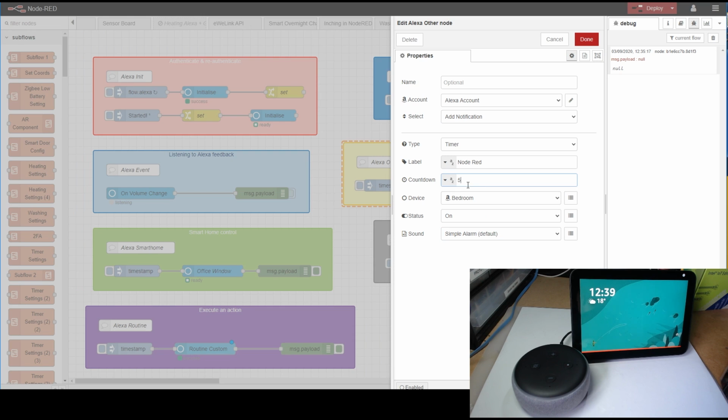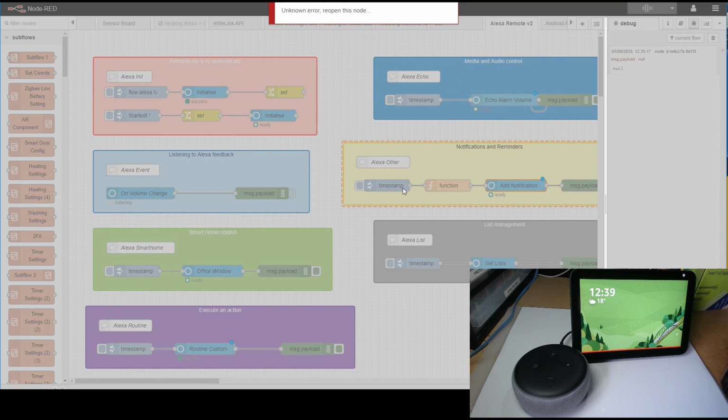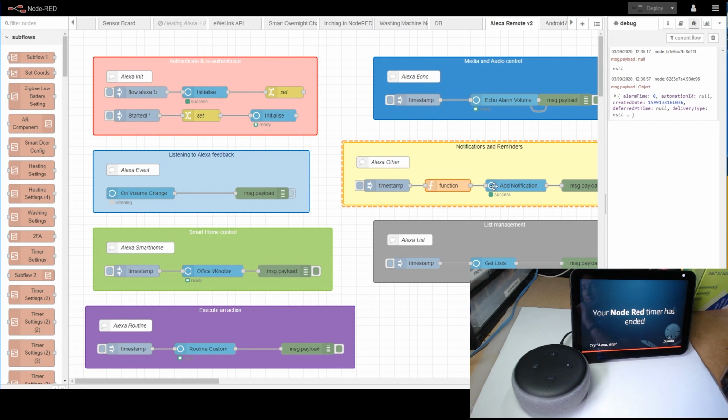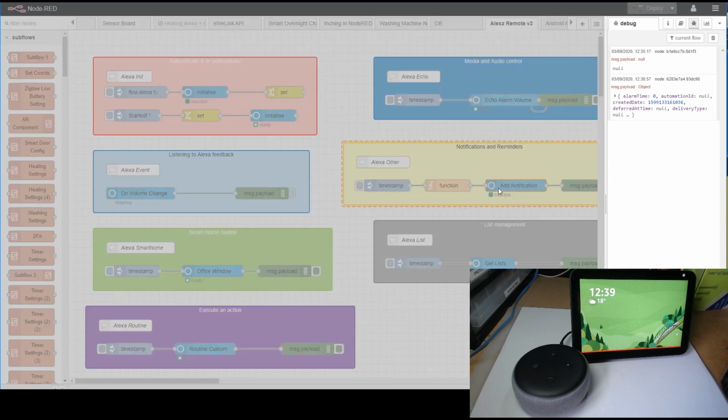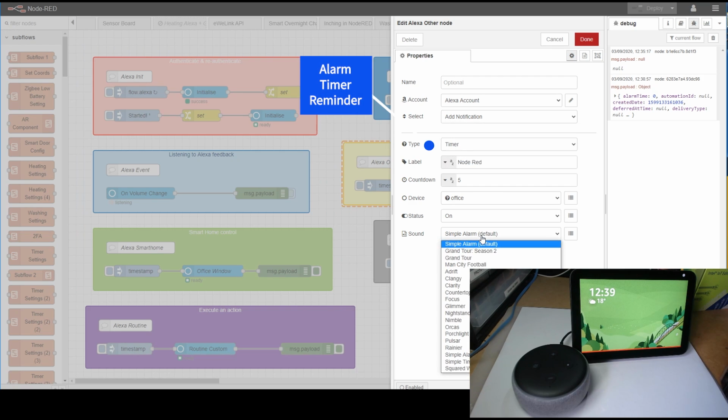So let's have a look at this. You have a sample one, and we're gonna do it on my office device. There you go. Deploy it. Okay. You can also change notifications, remove notifications, and check notifications, but those are really based on alarms rather than notifications itself,